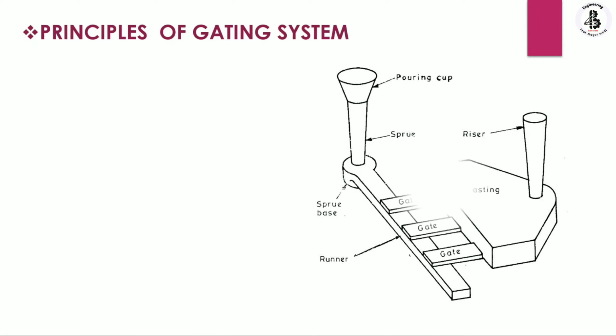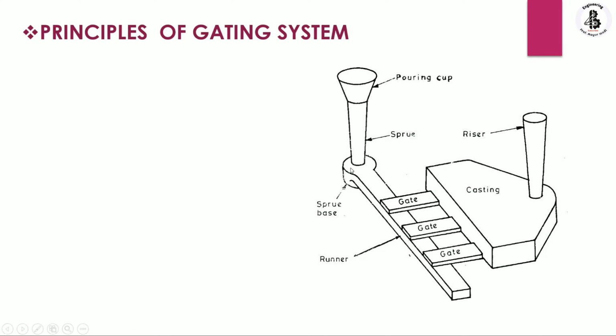So you can see the basic arrangement that is used in a casting process, starting with the pouring cup. The molten metal is poured and collected into this cup, or you can say the pouring basin. The pouring basin, or pouring cup, is connected with the sprue. Basically the sprue is a vertical passage for the molten metal. It collects into the sprue base, so at the end of the sprue, there is our sprue base.